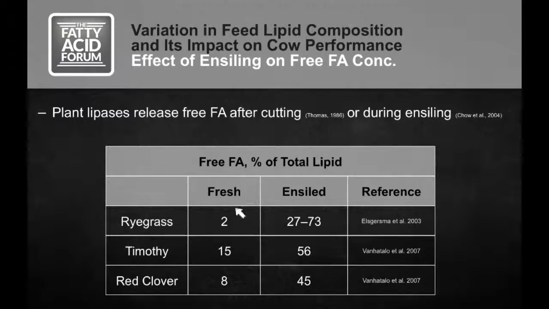We're looking at some different grass varieties either in the fresh form or in the ensiled form, and then looking at the proportion of free fatty acids as a percentage of total lipid. And we see these big jump ups, going from around 2% up to anywhere from 27 to 70% in ensiled forages. So there is evidence that we can get release of fatty acids from the esterified form into the free form. So we wanted to look at that further in some of our